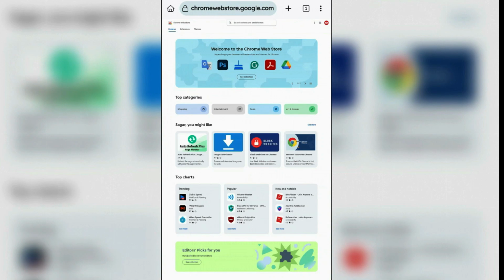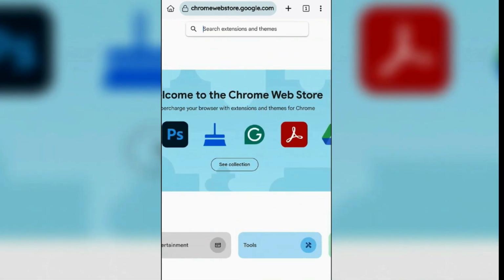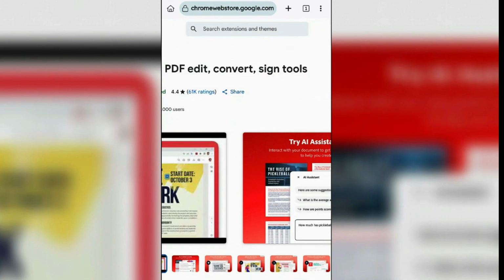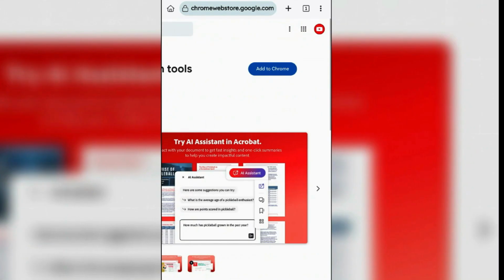If you zoom in here, we can search for any extension, suppose PDF, Adobe Acrobat, and you'll get the option to add this to Chrome, that means this browser. Okay. Once the extension has been added to this browser, tap on the small three dots at the top right